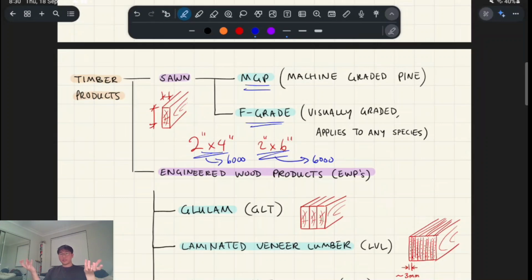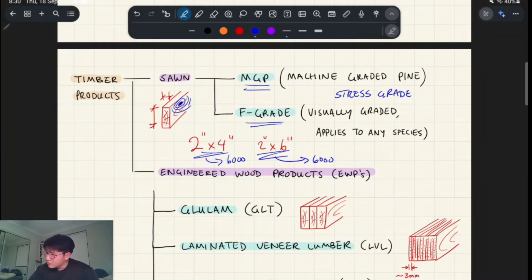Well, there could be variations in the type of tree. Some trees could be more mature than others. There could be variation in the species. There could be variation in natural defects. Say there was a knot in this bit of timber, that would actually be a structural defect. So we have to basically stress grade